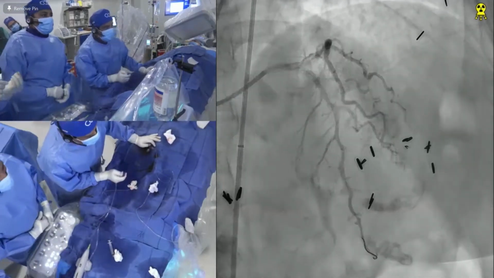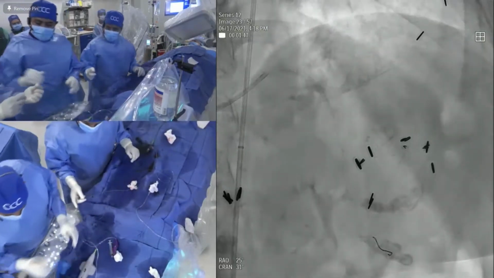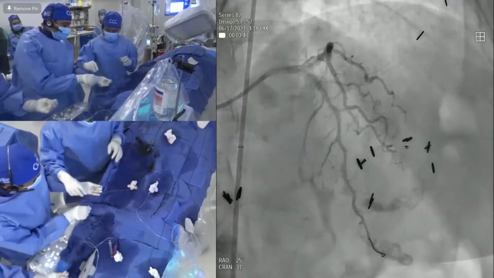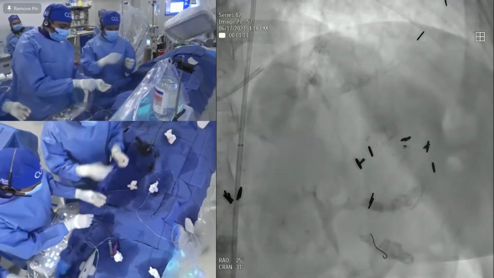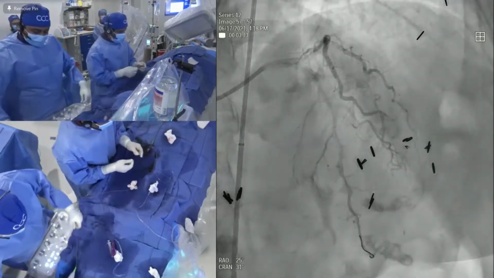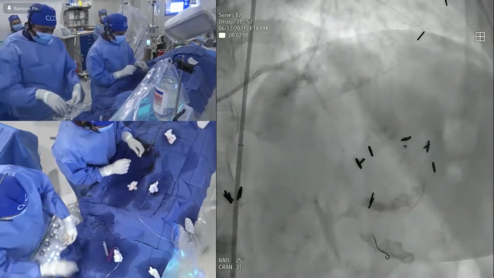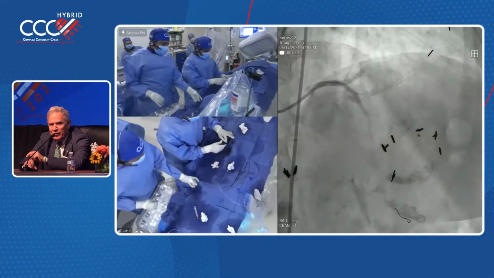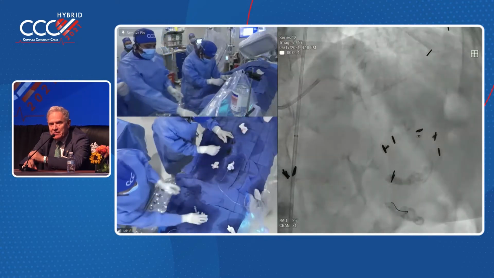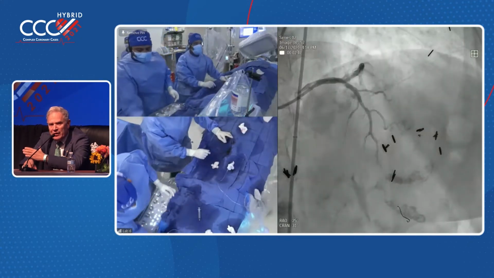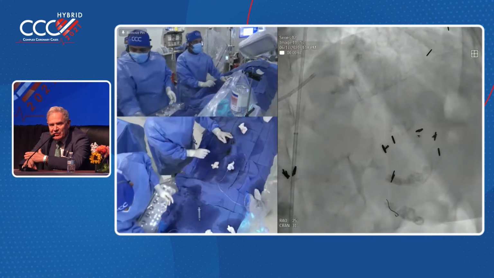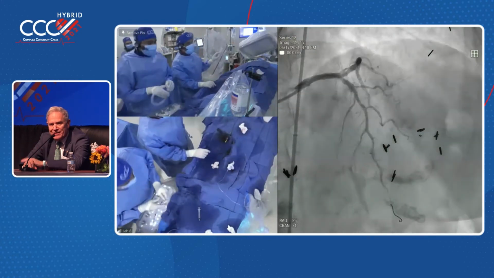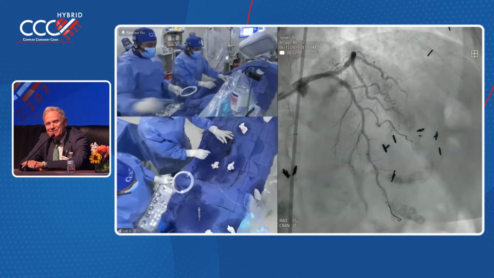One question that I have for you, Samin, maybe you want to explain to us. When we do rotational atherectomy, once we pass the lesion, we can do maybe one or two runs for polish, and we know we are done. When do you know that you are done? When you do the orbital, you go many times back and forth, back and forth. When do you think that this is it? Is it the RPM? Is it the noise?